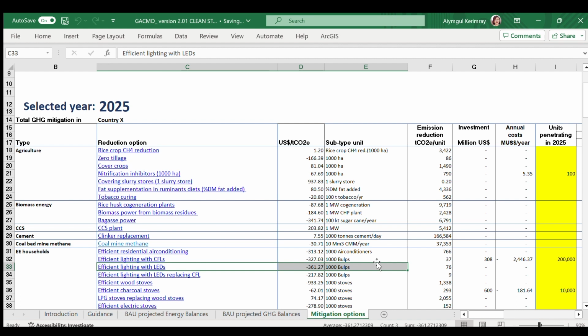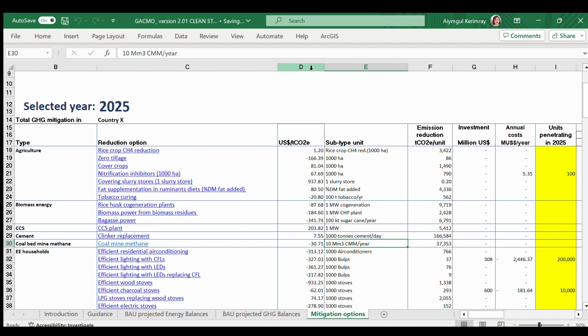Considering that the unit is 1000 bulbs, if we want to introduce 10,000 efficient light bulbs, we need to insert the value 10 in the column I. It is thus important to be careful when inserting the scale of the mitigation options and be mindful of the units. In this table, the user will find the costs and emission parameters for each mitigation option.